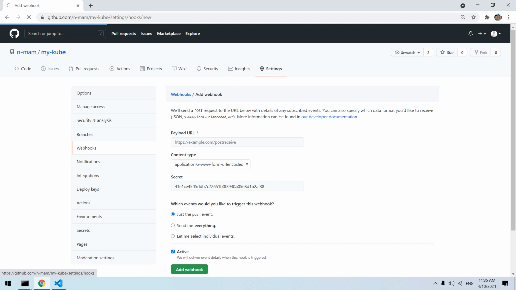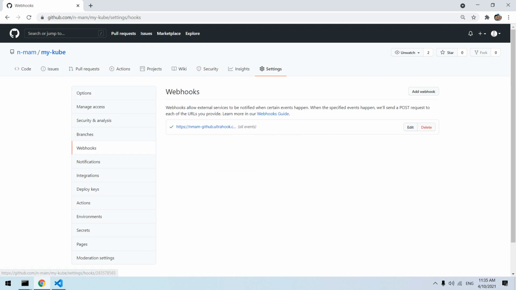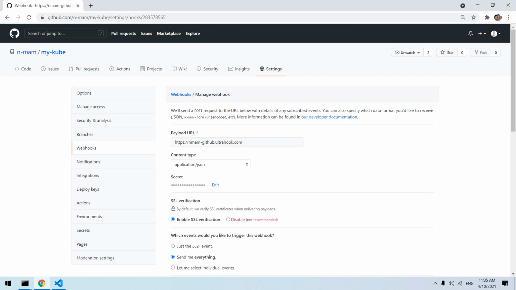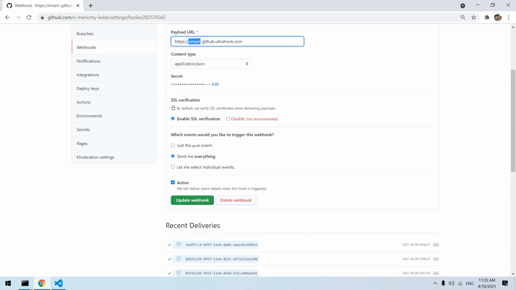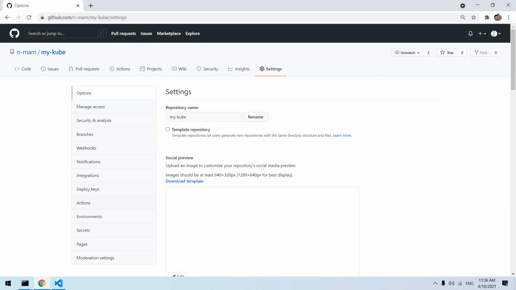So once again, just to show you how it looks in my setup, it is this. So my public namespace is nmap, and this is, I believe, common. And this I had generated at an earlier point in time. So you just update everything, and then these webhook settings have to be done on the GitHub repo.